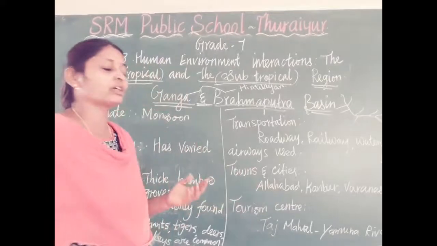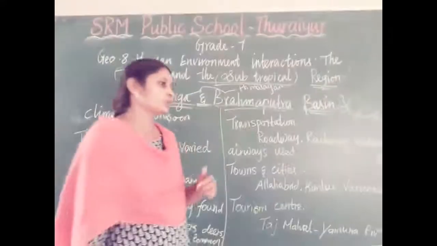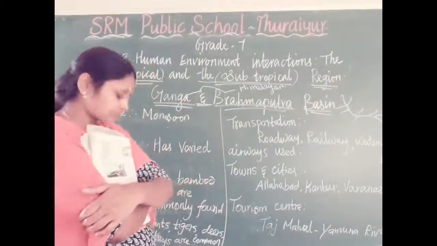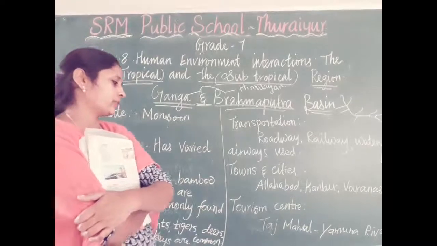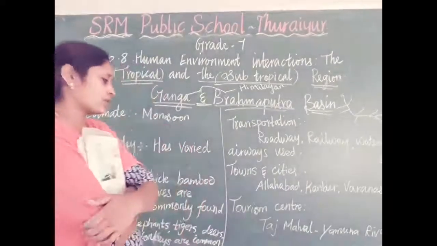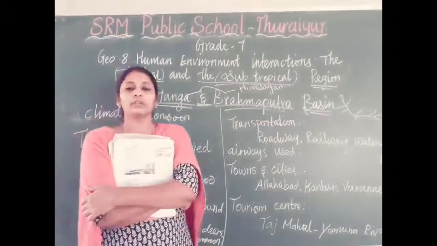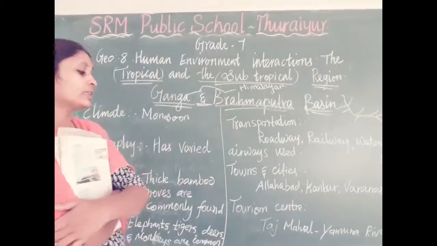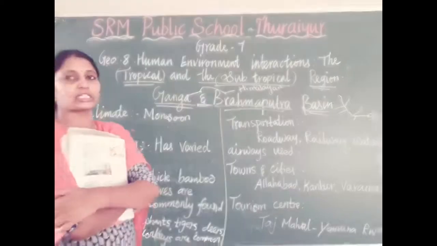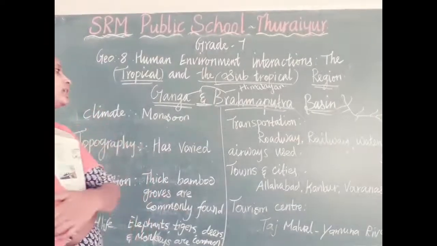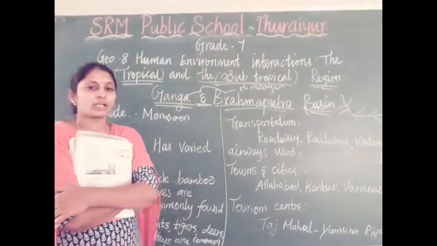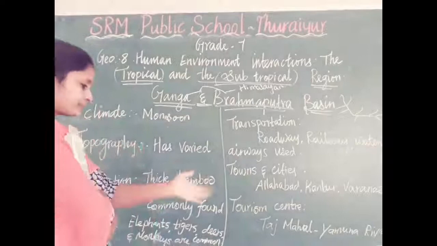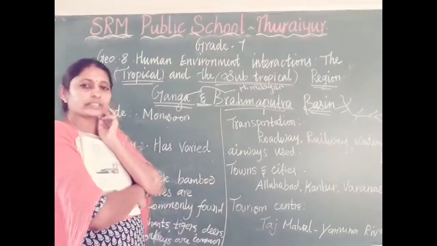It is one of the holy places of Hindus. The Ganga Harati at Varanasi is very famous for Hindu people. Every place is also an important tourist place. An important tourist center is the Taj Mahal. The Taj Mahal is located on the Yamuna river bank. It is also located in the Ganga Brahmaputra basin, as the Yamuna is a tributary of the Ganga. So on that river bank we have the Taj Mahal. Delhi is also located on the Yamuna river bank.